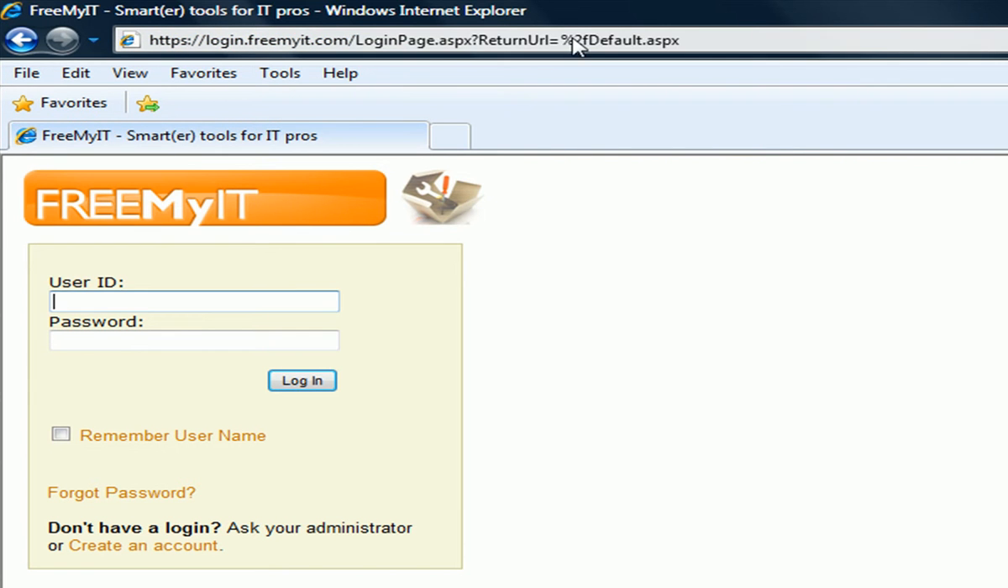login.freemyit.com. It's going to bring you to the page I was just at. Then you're going to type in your FreeMyIT username. Now, for those who use RapidFire, this is not where you insert your Autotask username. This is your FreeMyIT username. So mine is mgeorge, freemyit.com. Just type in your password down here